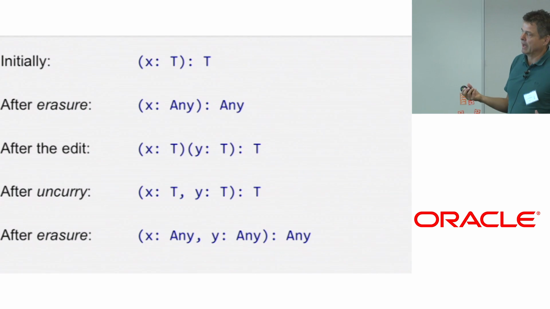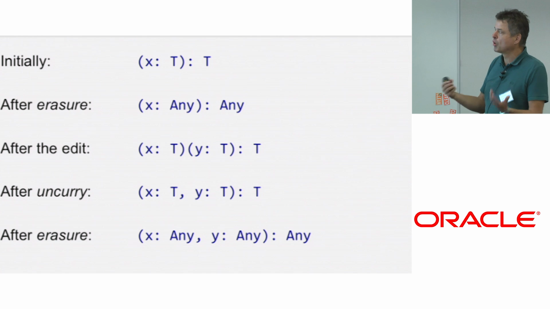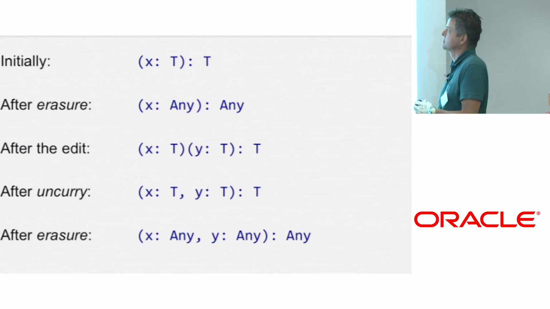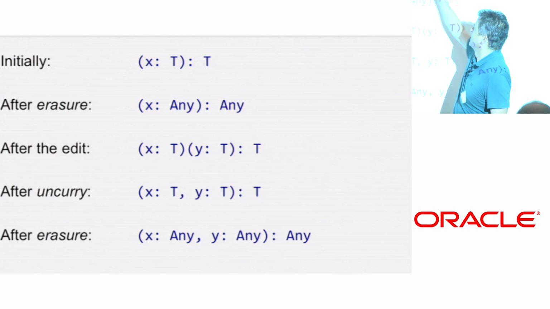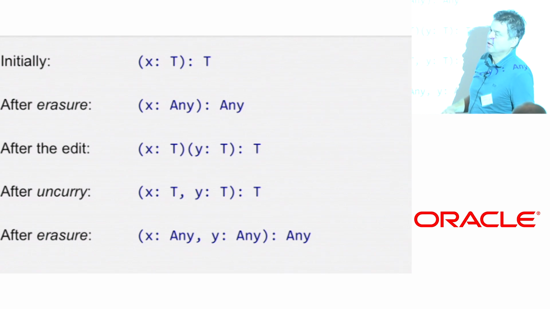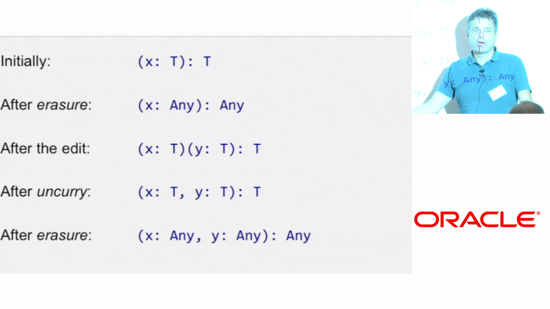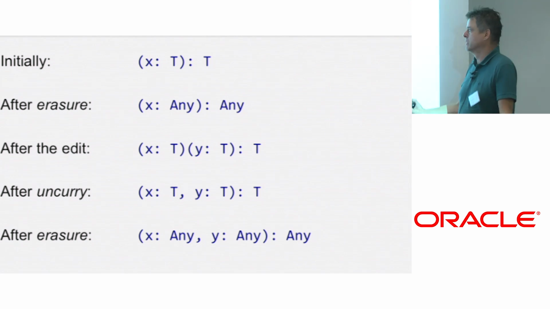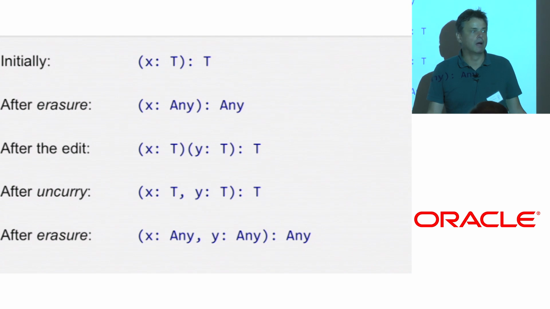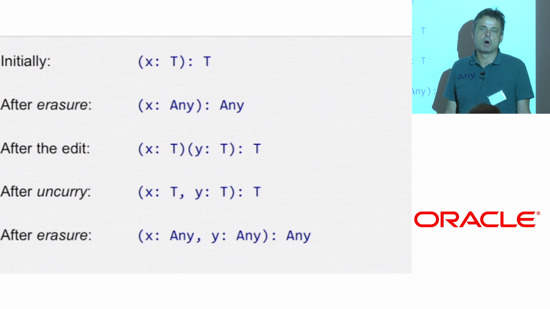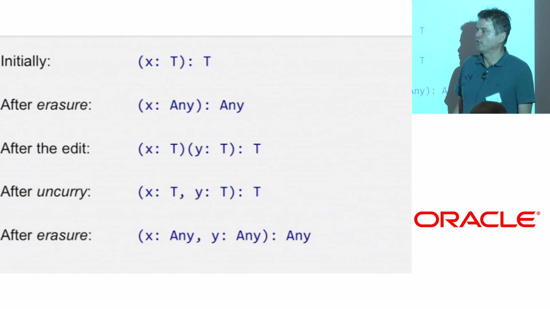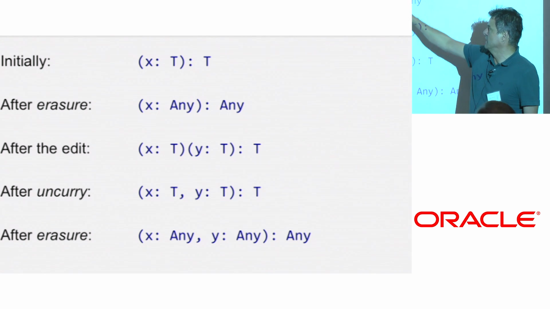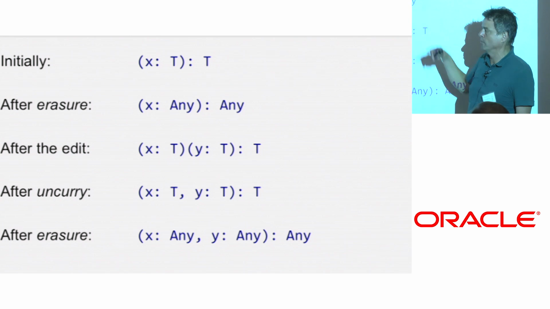And it's not just changes that the programmer does, it's also transformations that the compiler does. Initially, this method f had the signature (x: T) to T. Now there's a phase in the compiler called erasure, which exists also in javac, that maps down to the JVM model with unreified types. So all the type variables get erased, and you get Any to Any. In Java, you would get Object to Object.